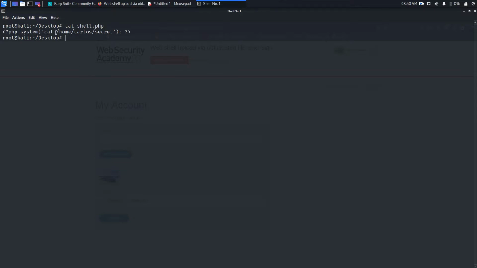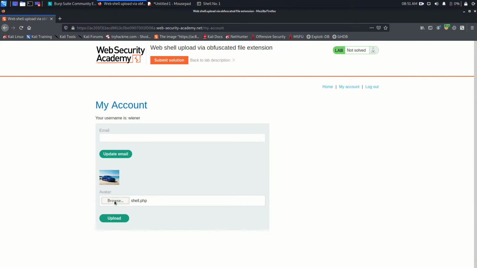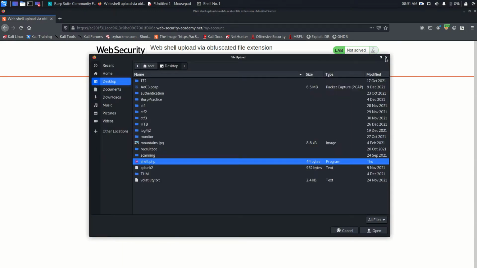You can also change it here. Actually, I'm exfiltrating the content of this secret file via the cat command. If you want to use include or get file content, or any other function, you can also use it. The purpose is to exfiltrate the content of this file, so the methodology can be anything. Functions can be any function which can exfiltrate the content. There are different ways, that's it. So shell.php, we already added it here.